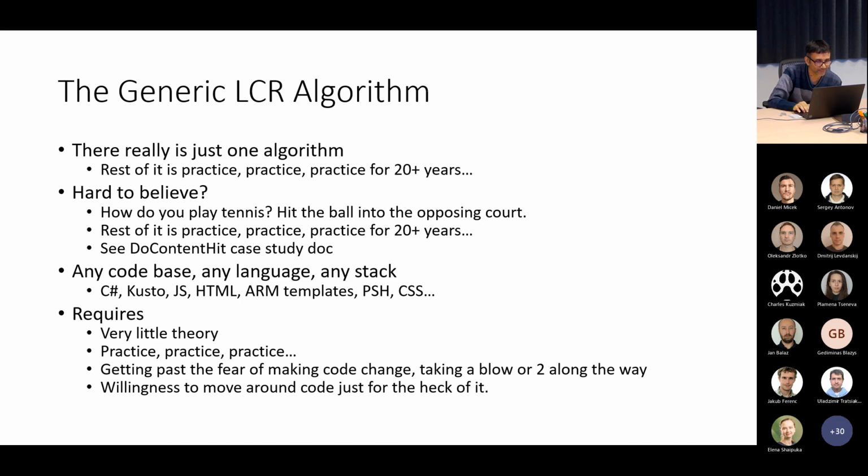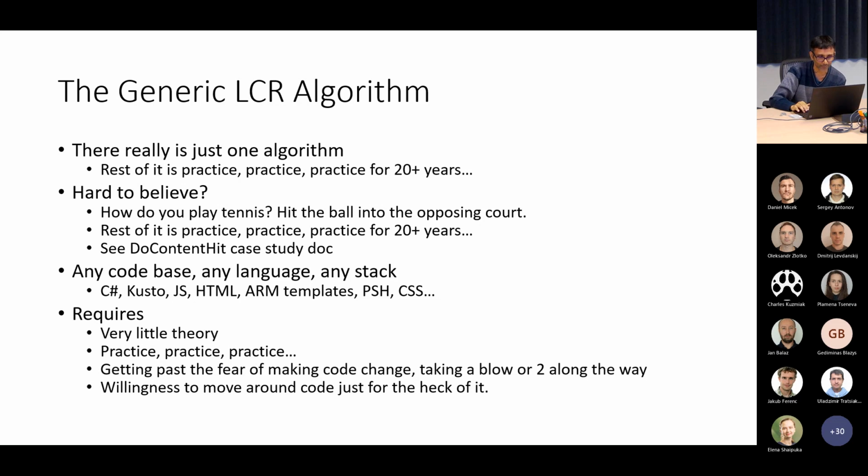Now the key thing here is that this is any code base, any language, any stack, right? And that is why the less you understand the code, the more generic your algorithm is, and your skill with the algorithm doesn't suffer. You might need a little time to get bootstrapped into a completely new one. For example, if you put me on a COBOL code base, I might take a while to get bootstrapped onto it, right? But after a month or so, I think it'll be just fine, because then I will not be looking at what is written in COBOL. Instead, I'll be looking for seams. I'll be looking for tests, right?